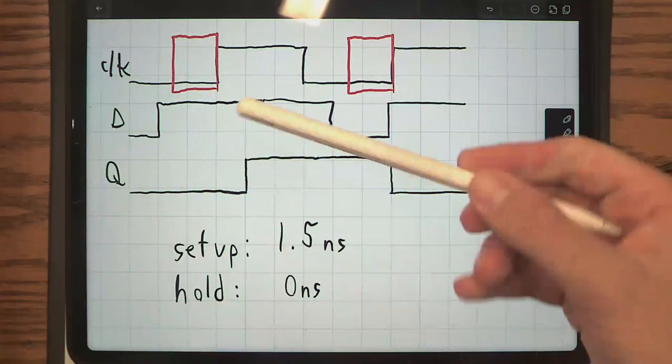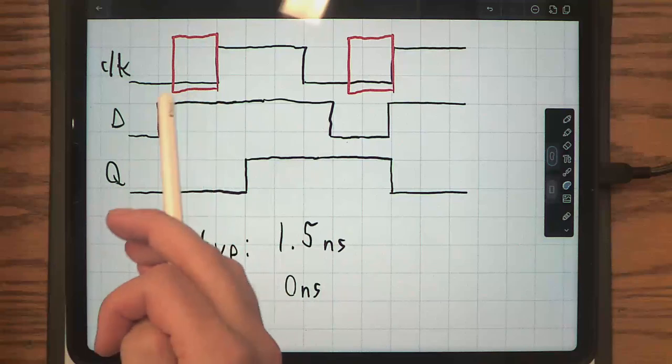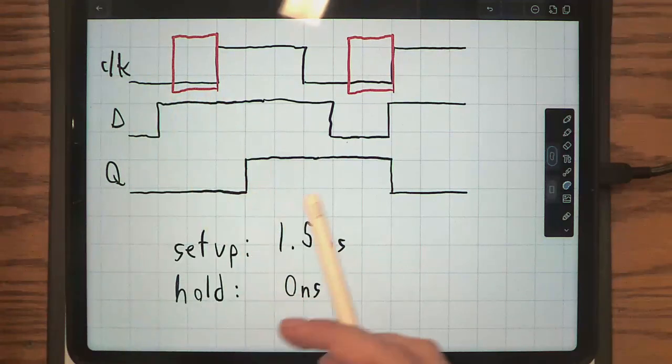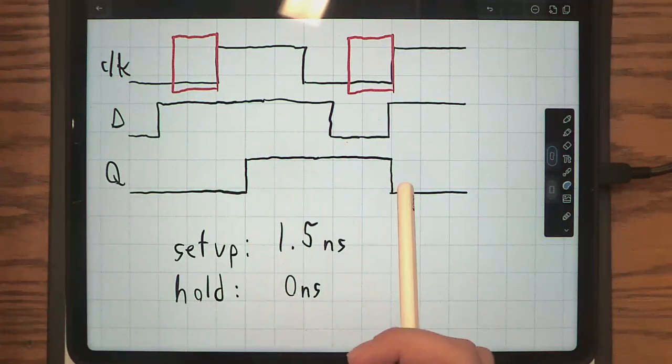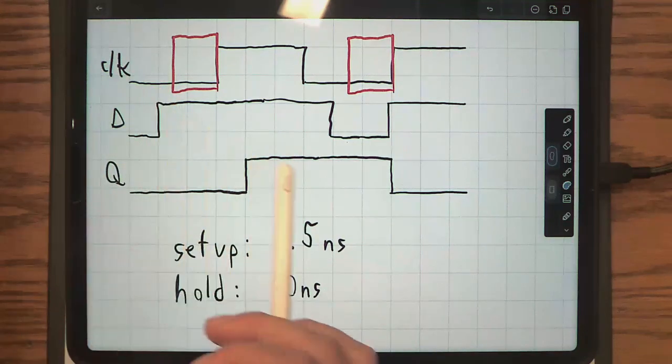Okay, but we can see that D is currently being sampled as a 1 for this entire region, and then Q is produced as a 1. So is there any timing violation here? No, it looks like we're good. Okay, but then over here,